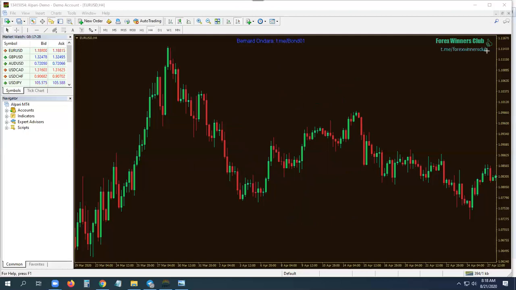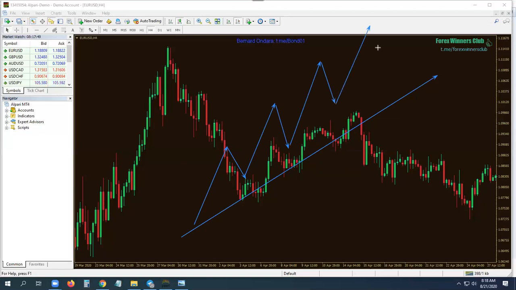I will draw now like that and try to create it in a manner that you can visualize easily. When it goes up, it creates a high, comes back down, goes further up, creates another high, comes back probably to the exact same level here, goes further up and comes back to the same level. Sometimes it will go up and never come to the same level and continue, okay? So sometimes it will give you pullbacks, sometimes it will deny you pullbacks, there's no problem. So that's your first pullback area here.